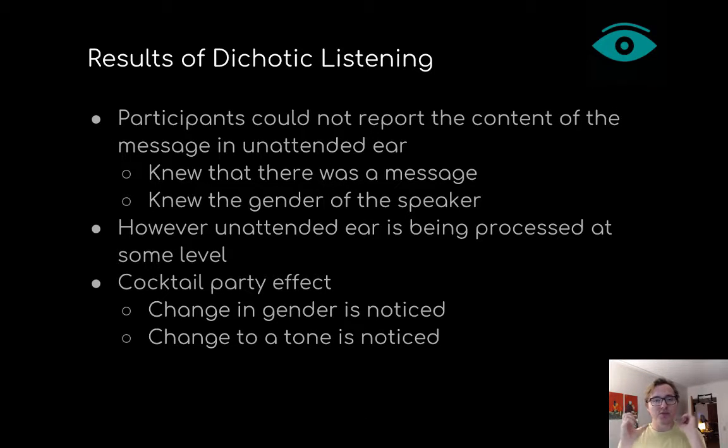So the results confirmed a lot of these ideas of selective attention and our ability to control what we're listening to, but it also revealed that there's information that's still getting through. Regardless of whether or not we were asked to shadow this ear, we still got some information coming in from it. For one, we knew that there was a message there, so it didn't just sound like white noise. Also, participants knew the gender of the speaker, so basically the pitch of their voice. Was it higher, was it lower?